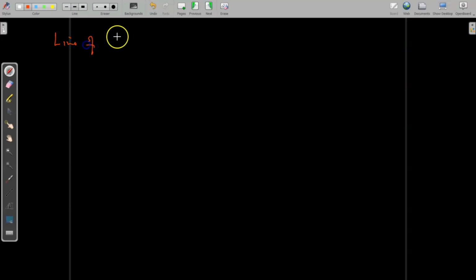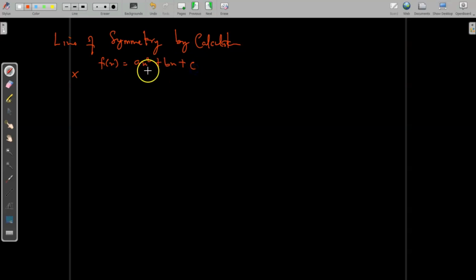Line of symmetry by calculation. You write it as x. Always, the function is f of x equal to ax squared plus bx plus c. That is the general quadratic function. Now, from the quadratic function, if you want to determine the line of symmetry, all that you need to do